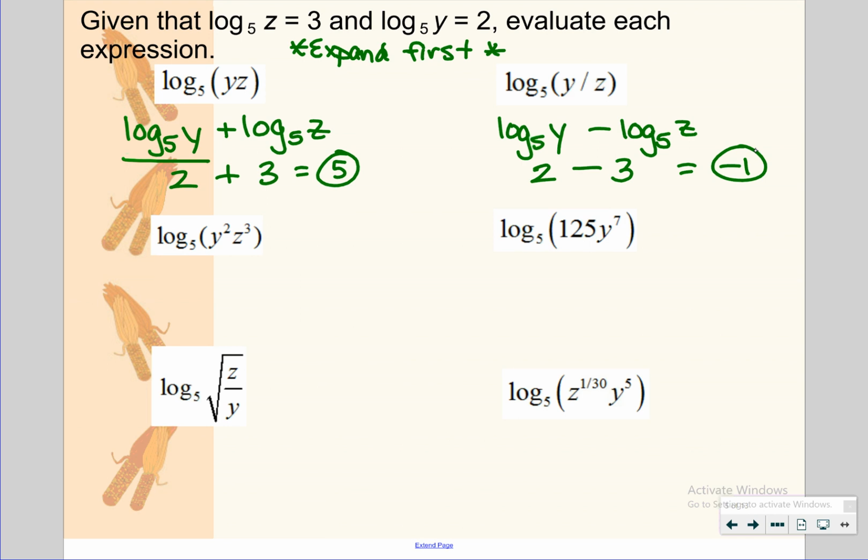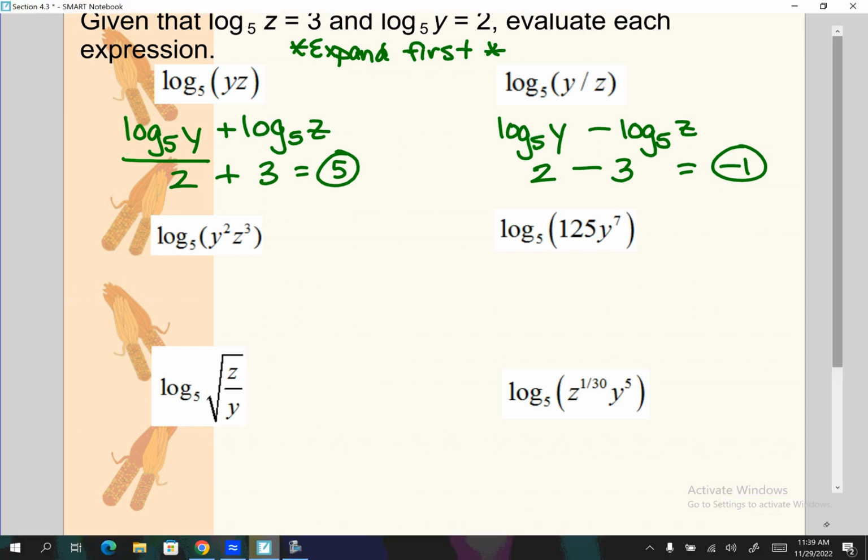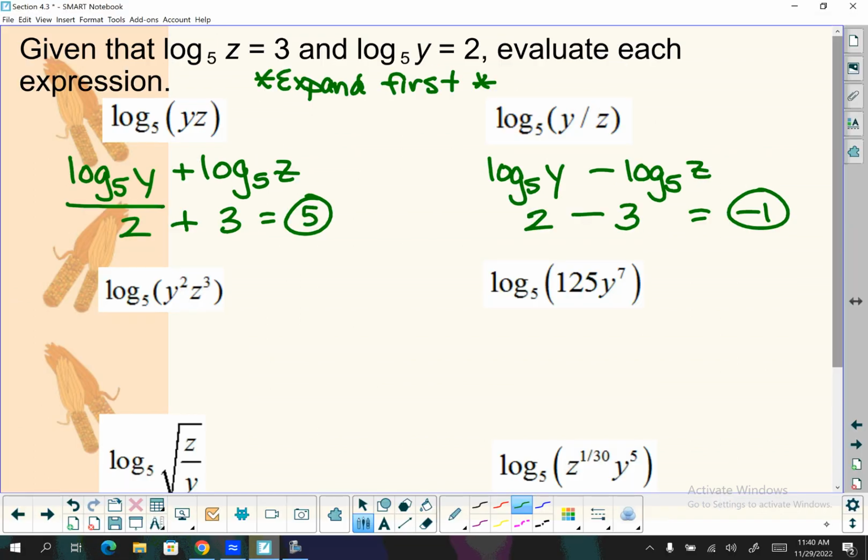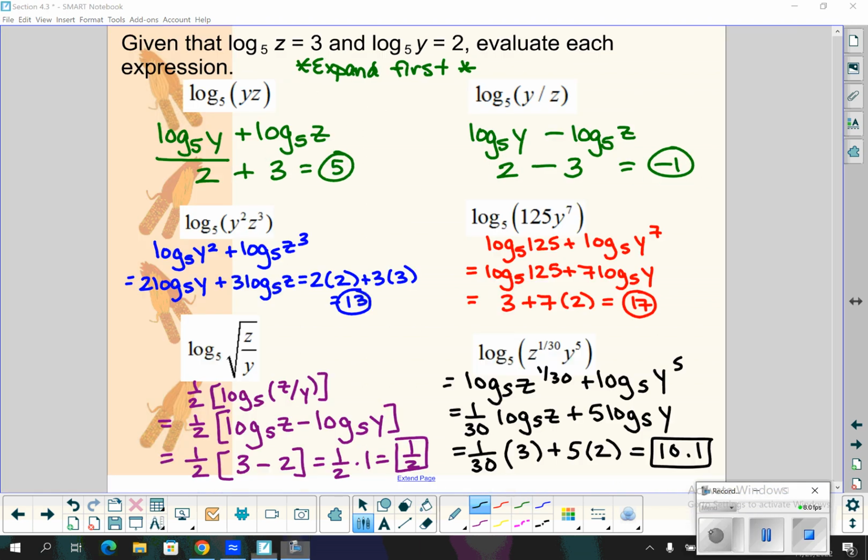Okay, last 4 to try. We're going to put these 4 answers on the board, and then we are done with this lesson for today. All right, go ahead. Expand completely, plug your values in, simplify. You can check those answers on the board. 2 minutes to work on MathXL if you